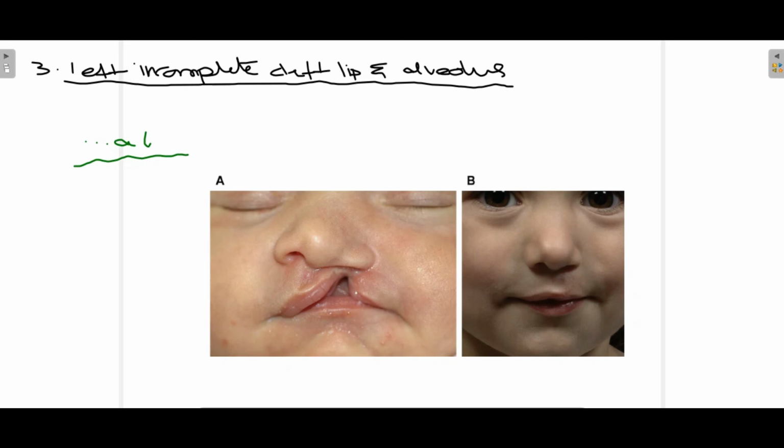There is no cleft of soft palate or hard palate or even bilaterally, it is only present unilaterally, so we will only use small a and small l to represent this particular case, as you can see in this clinical picture. So this is how we use Lachal classification to describe cleft lip and palate of a particular patient.